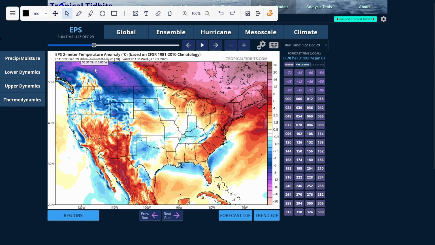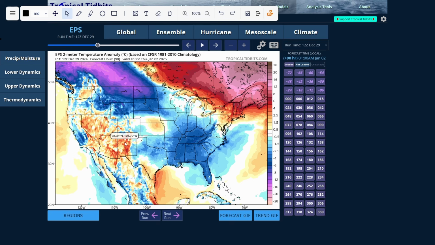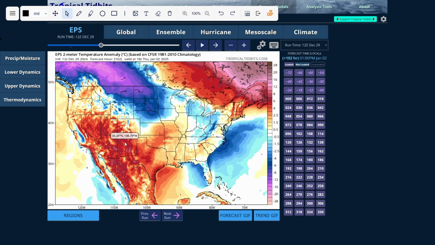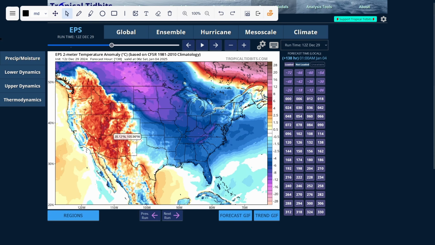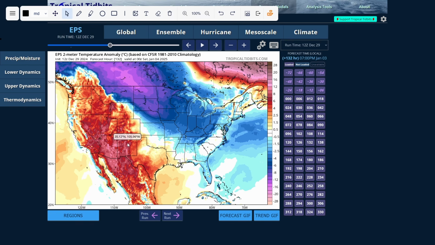And then if we go back here just a little bit, and if we look at New Year's Day, you could have below average temperatures finally starting to move into the southeastern US. And I think by the night of New Year's Day, that's when we could see our first look at below average temperatures into the southeastern and really into portions of the Midwestern United States. And then if we keep this going farther, those below average temperatures stay in flux just a little bit. You could see a couple of days maybe near average or a little bit above average, but still